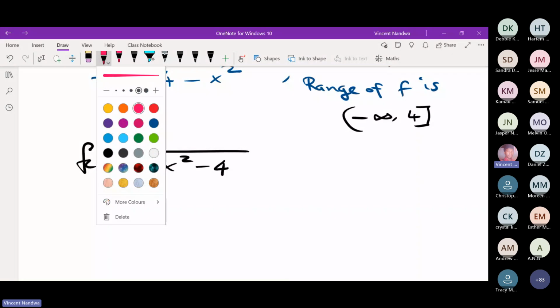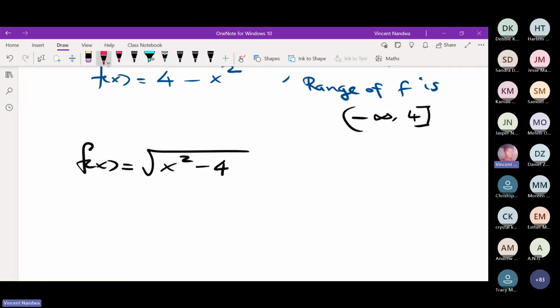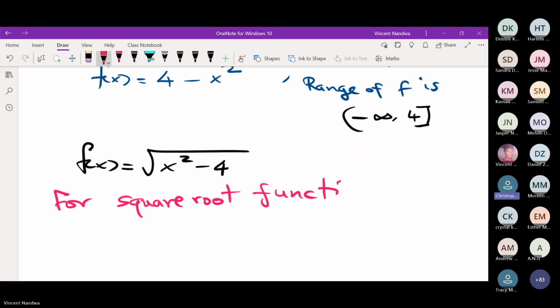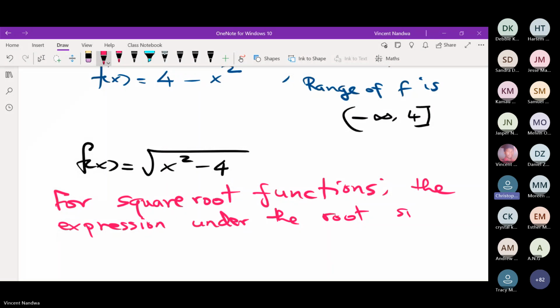From our previous problem of square root of x, we have said that for square root functions, I mean functions which have a square root sign, the expression under the root sign must always